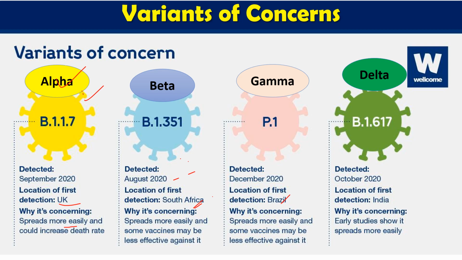Other than these, some other variants also come, and we will talk later in a separate video on delta plus. This delta B.1.617 has some more modifications, some more mutations, and that results in delta plus. I will touch on it today, but we will have a more detailed separate video on delta plus.